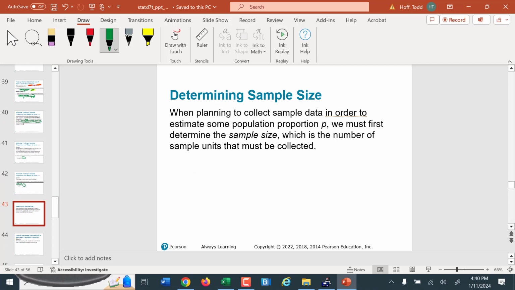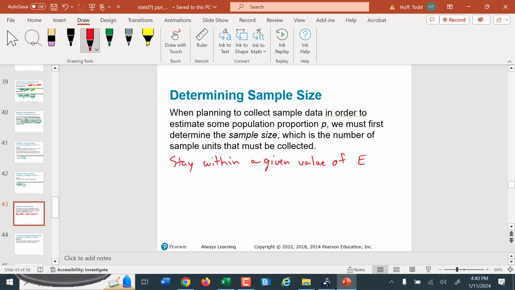So, determining sample size. Many times we go into surveys, and let's say we want to make sure our margin of error is less than plus or minus 3% or less than plus or minus 2%, because we want to be able to state, hey, we're within 2% of the actual proportion here, or we're within 3%. So we want a predetermined, we want to stay within a given value of E,